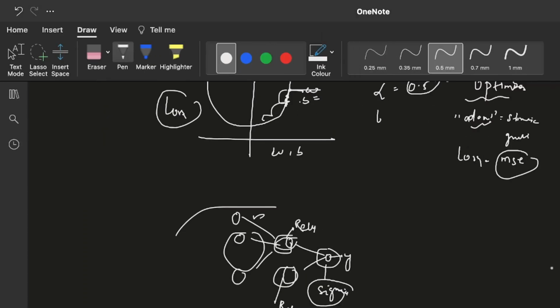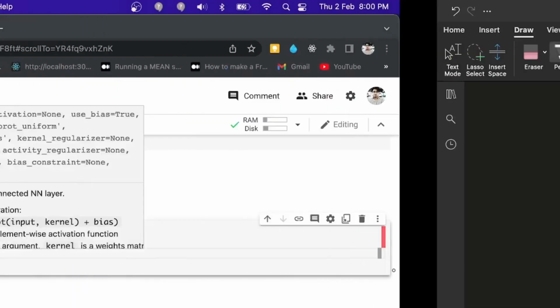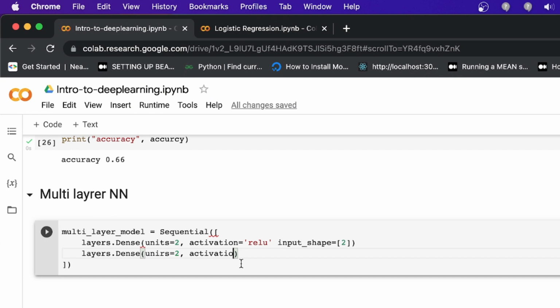Basically this network looks like this: this is your input and this is your output, this is a neuron, this is a neuron. That's why I'm using 2 and 2.